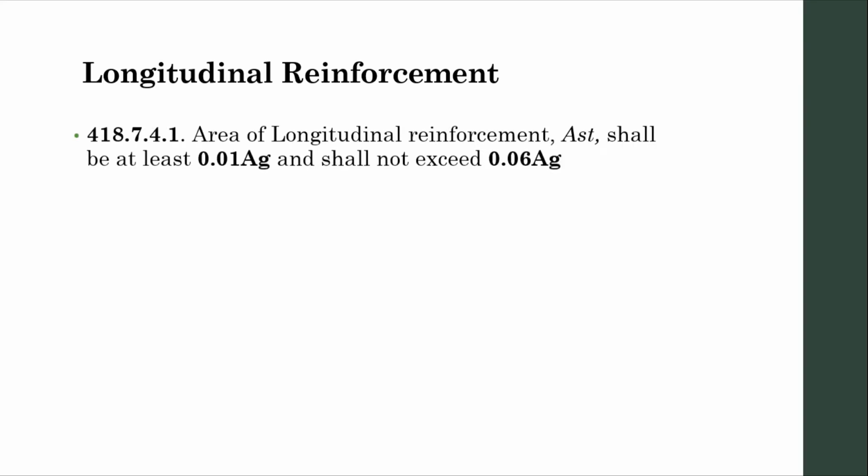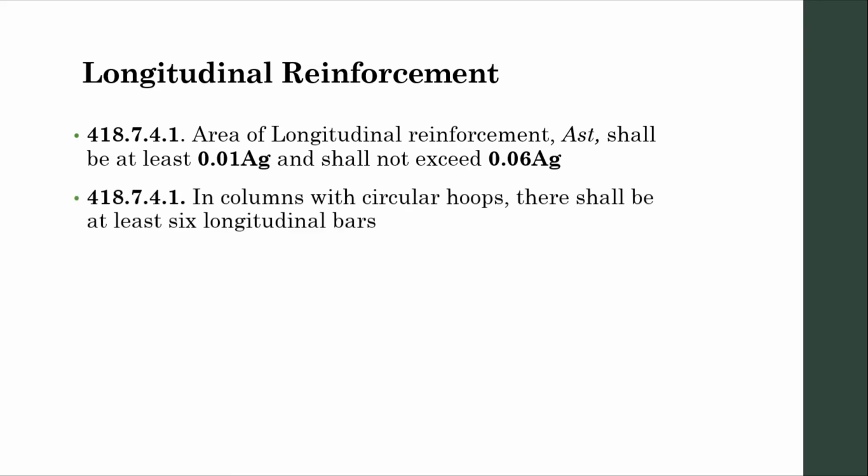So, next. The longitudinal reinforcement. According to NSCP 2015 Section 418, area of longitudinal reinforcement, Ast, shall be at least 0.01 Ag and shall not exceed 0.06 Ag. So, ibig sabihin, 1% to 6% lang ng cross-sectional area ang longitudinal reinforcement. Then, in columns with circular hoops, mga babilog, there shall be at least 6 longitudinal bars. So, dapat a minimum of 6 longitudinal bars for a